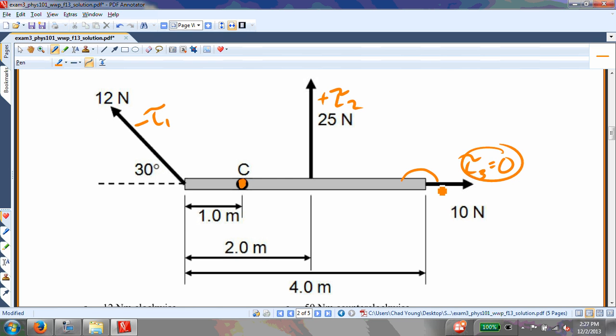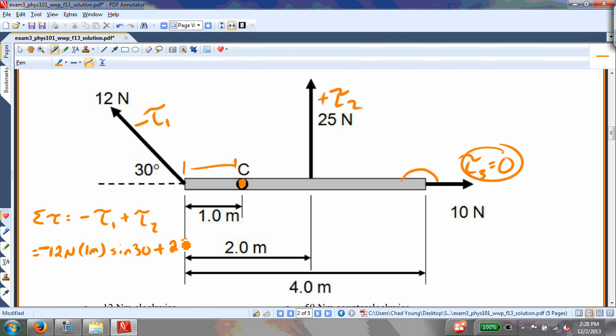All right, so now I just want to do my sum of my torques equals negative torque 1 plus torque 2. That's going to equal 12 newtons times this distance, which is 1 meter, times the sine of 30. This is negative, plus